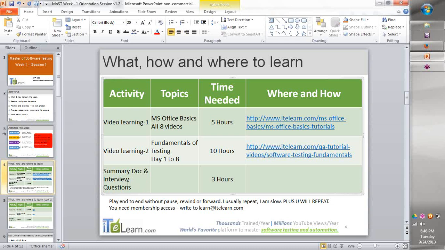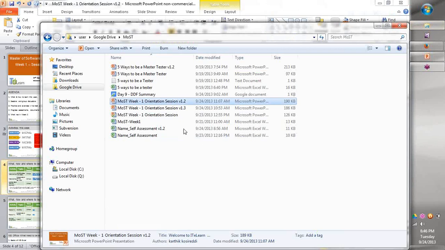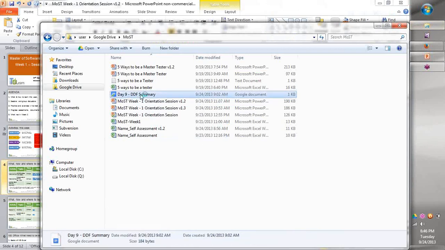This will become very important, team. Trust me on this, that when you get to your interviews or your revisions and all that, all you need to do is refer to this document. So what I'm going to be doing is this the one, Manoj, you created? DDF9 summary? Yeah. So here is a template.